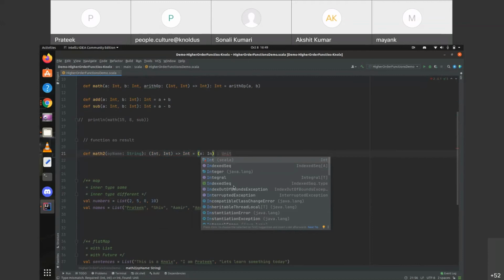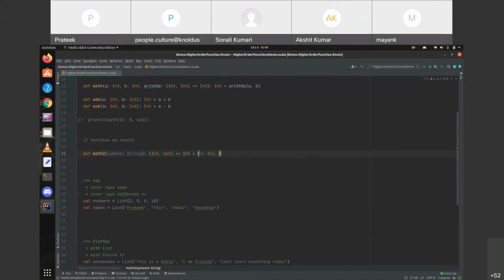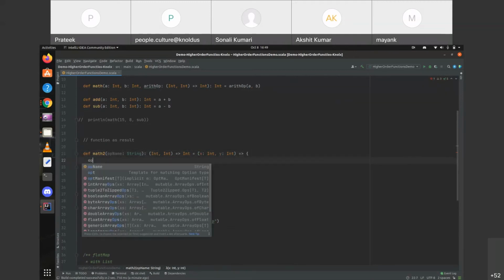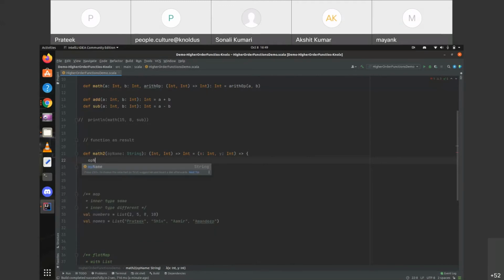So here we are defining the parameters of the function that will be returned. Based on the operation name, it will return the function.